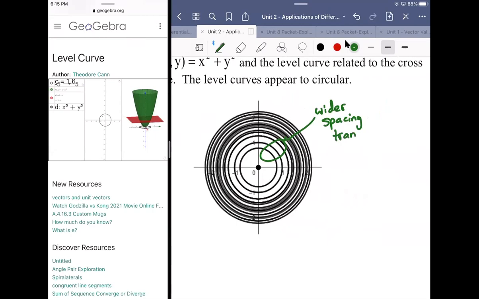Translates to shallower, quote unquote, slope in the 3D figure along that path. So for example, if I just wanted to follow this path here, this outward, and I'll actually